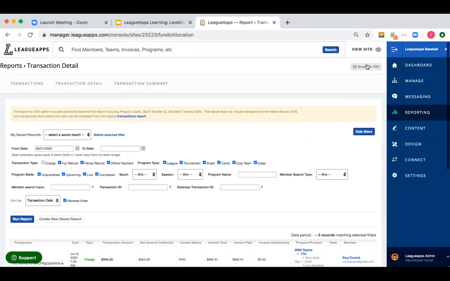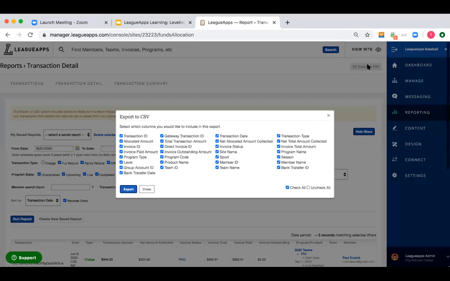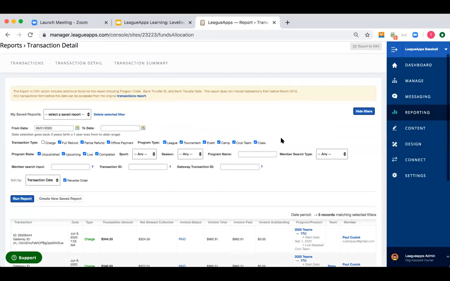And top right, again, you can pull a report from here. There's a lot of great filters here. You could see the bank transfer information for some of these, the bank transfer dates. So if you want a listing of payments and you also want to see what date they were transferred to your bank account, this is a great report for that. That's something I hear pretty often from our organizers. So that's a good run through of this.